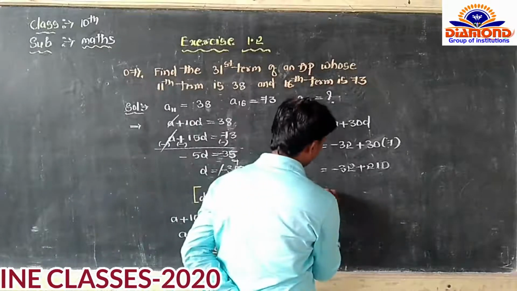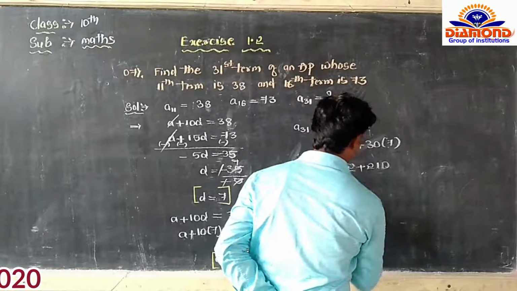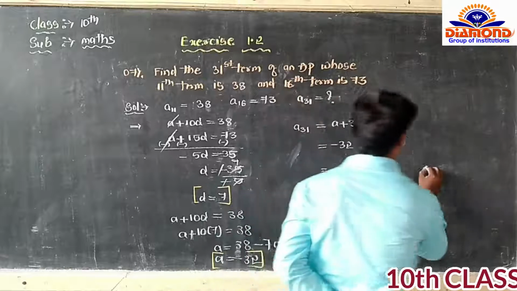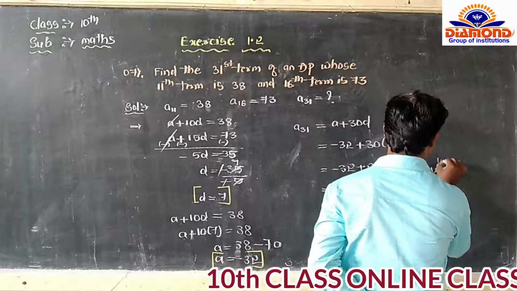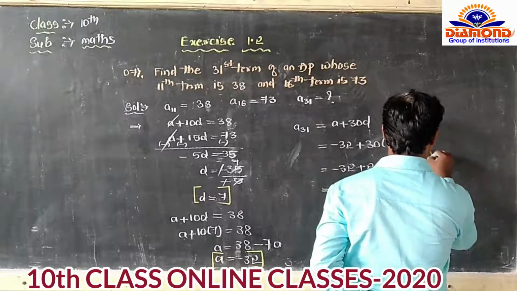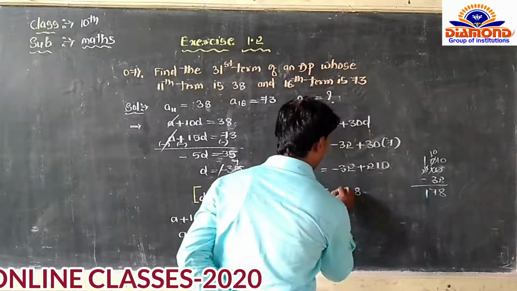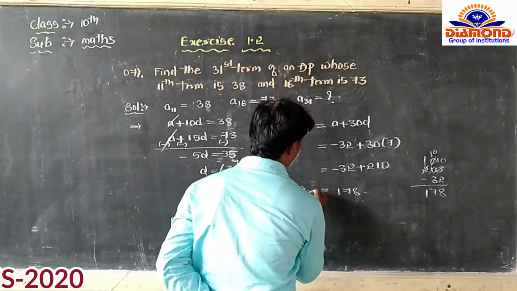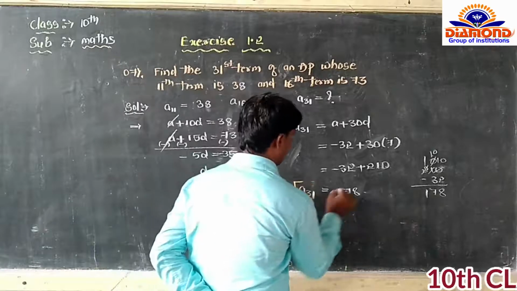Next, here subtraction is there. 10 minus 2 is equal to 8, and 10 minus here 200. 10 is there and subtraction 32. This becomes 10. This becomes 0. Now 10 minus 2 is equal to 8 and it becomes 10. It becomes 1. 10 minus 3 is equal to 7 and 1. The answer we got is 178, dear students. The 31st term is equal to 178.